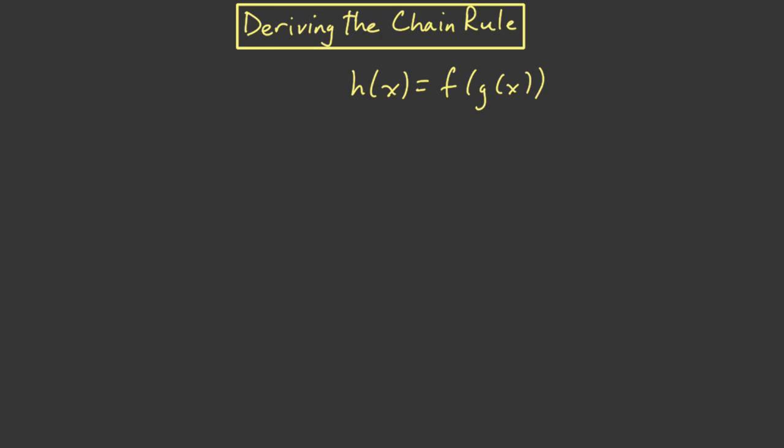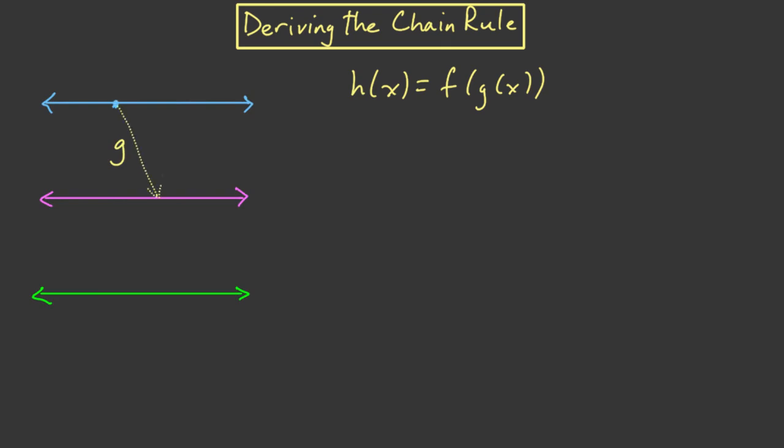So we have our function h as the composition f of g of x, and as before, we'll draw this using some number lines. So g is taking an input here and giving an output on this line, and f takes that as its input, and it spits out an output on this bottom line. And so when we have that, then h is this composition of the two,